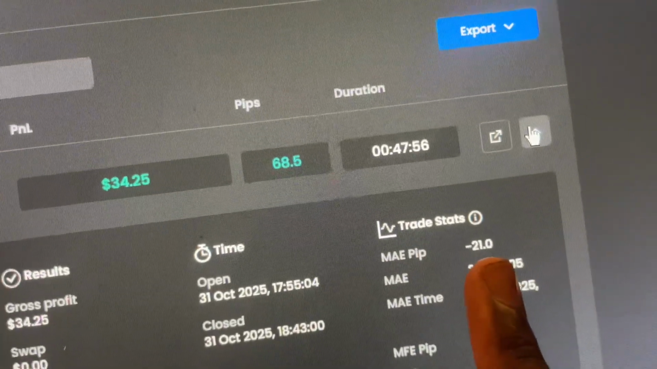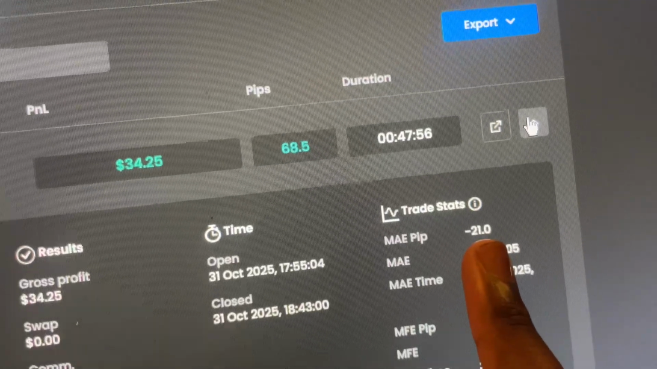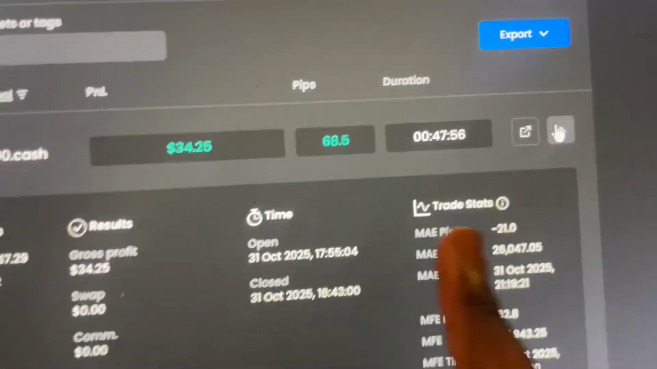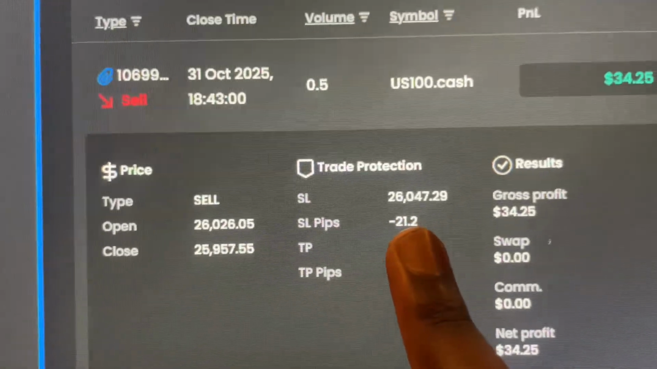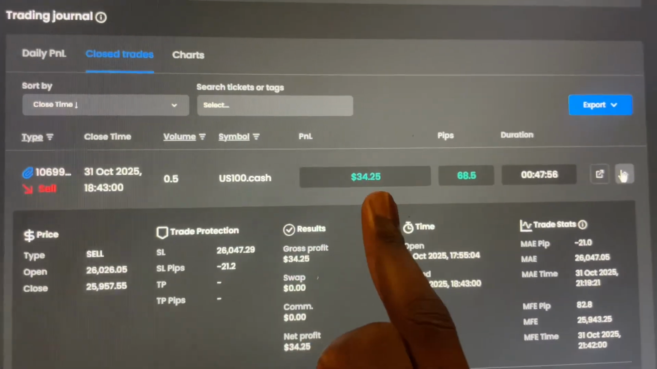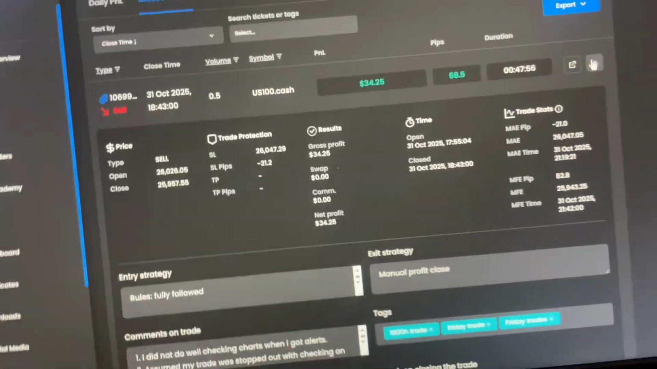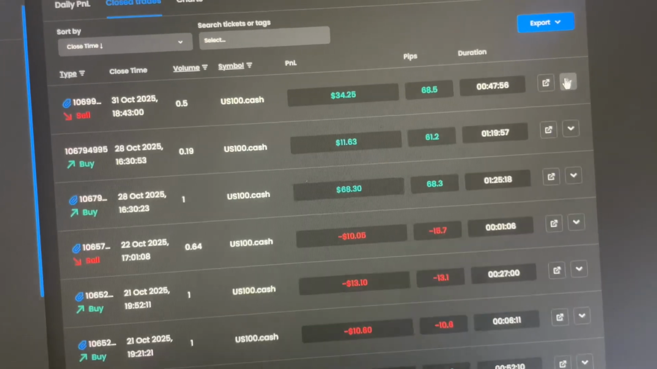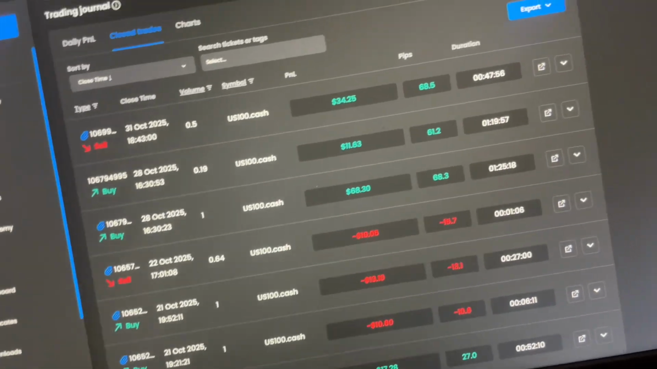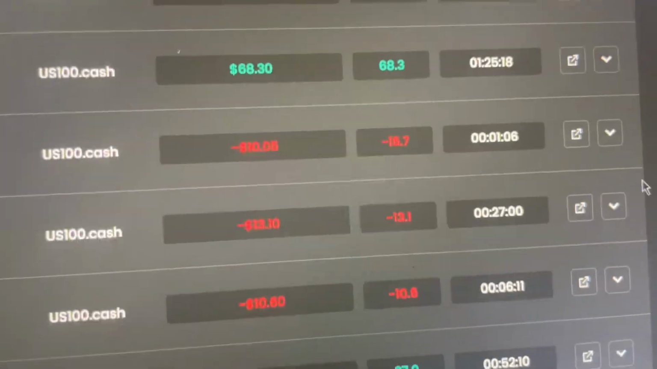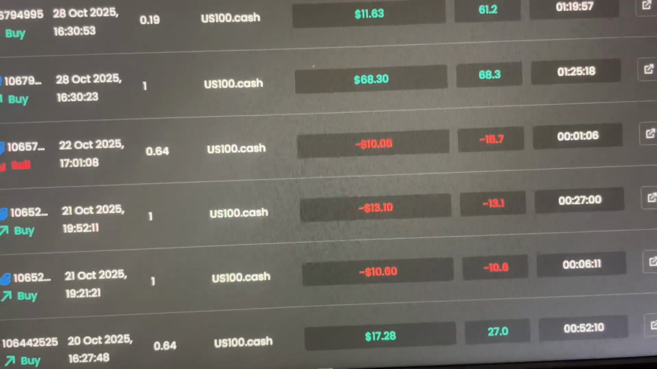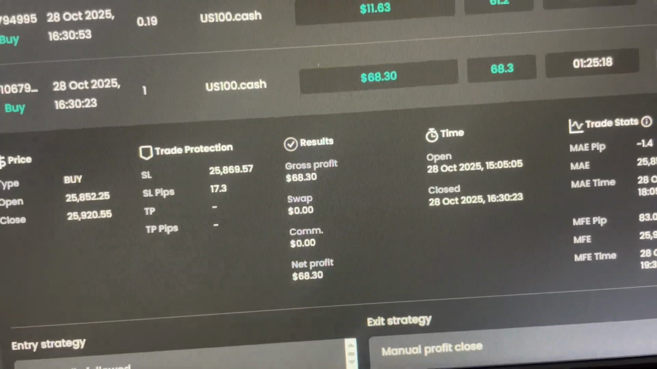And look, the market went minus 21 pips, 0.0, so 0.2 pips away from being stopped, and it turned out to be a winning trade. So this is not the first time it has happened. It has happened another time, and I've shown you some of the results, and these are results I achieved here, guys. Like some of the days where we had like 68